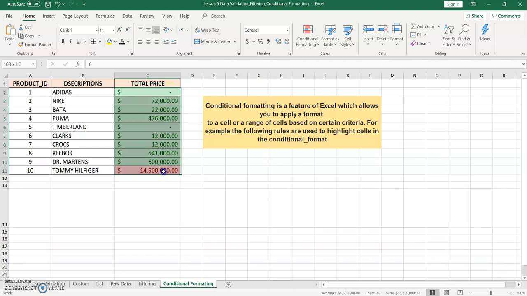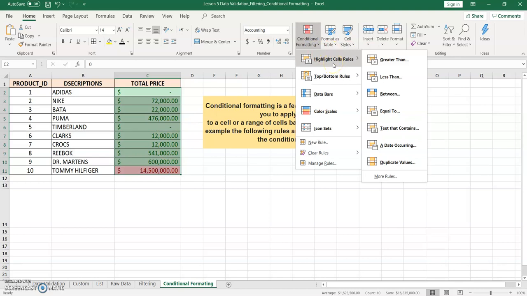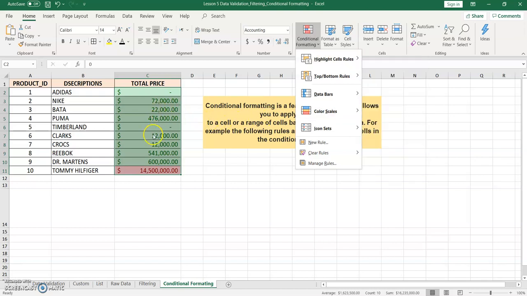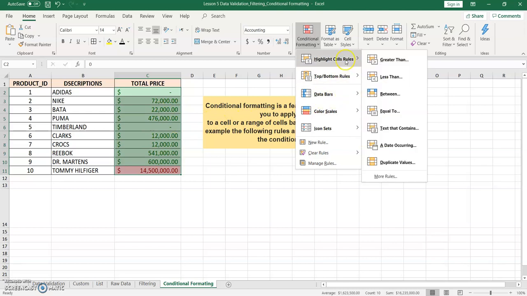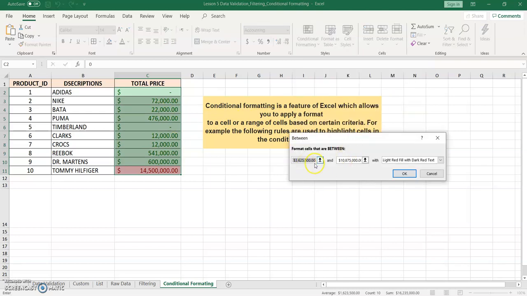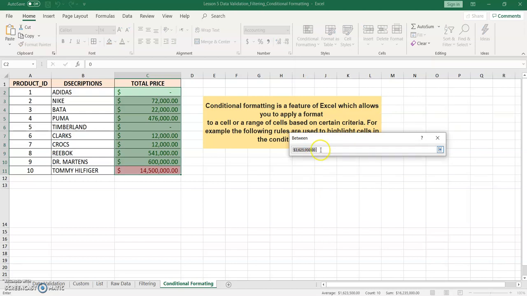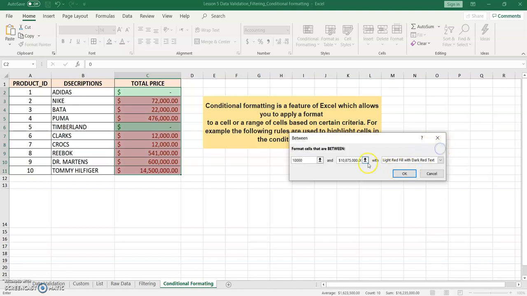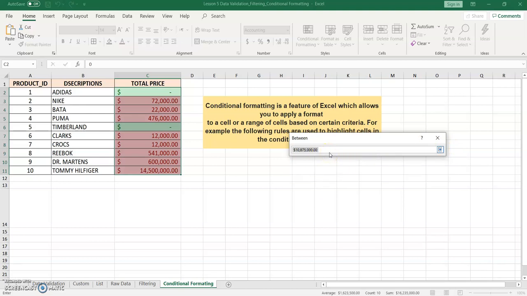Let's say we go to this cell, then go to conditional formatting. Now maybe we can put between. So we have 12,000. We try, so go to between. Now we put some condition here. We want to just highlight data between 10,000